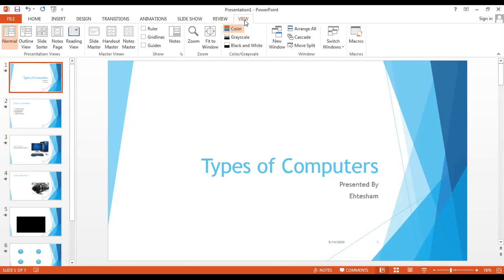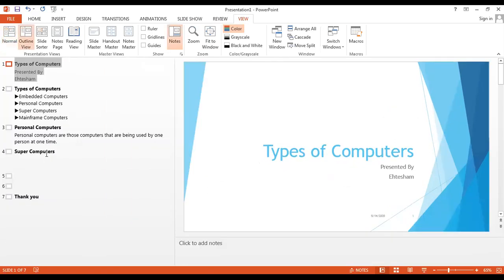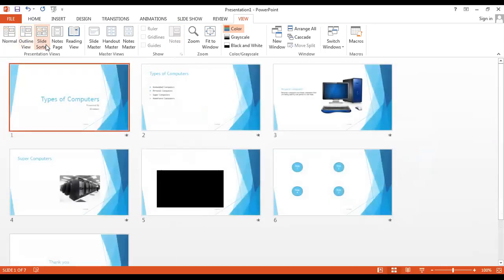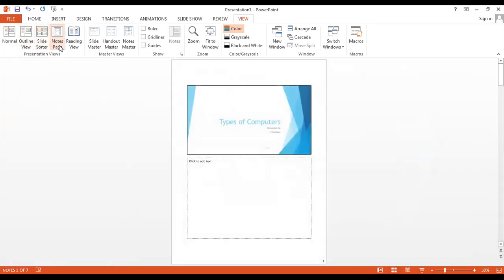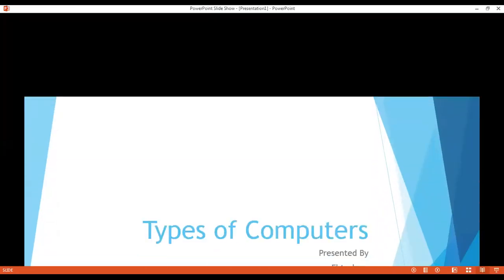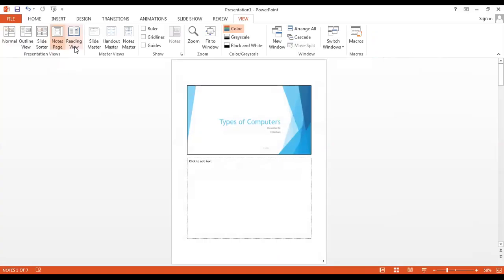Apart from this, you have the option of the view tab. In the view tab, at the moment we have opened the normal view. We can click on the outline view. In the outline view, we will see on the left hand side that all the details will be visible over here along with your PPT, and the notes can be seen as well. If you click on the option of slide sorter, on one screen you will be seeing all your slides like this. If you click on the page notes, on each page you will have one slide along with the page note or the comment section. And if you click on the read view, it will go to the full view of the slide, right? So these are the options that are available in the view tab.